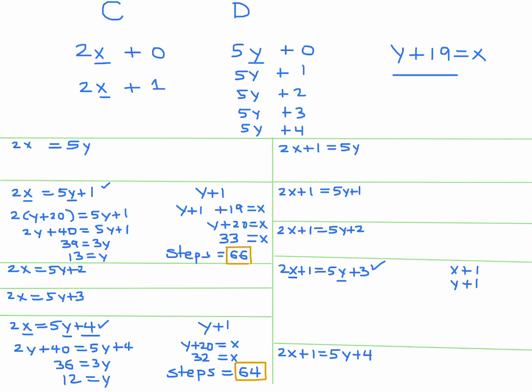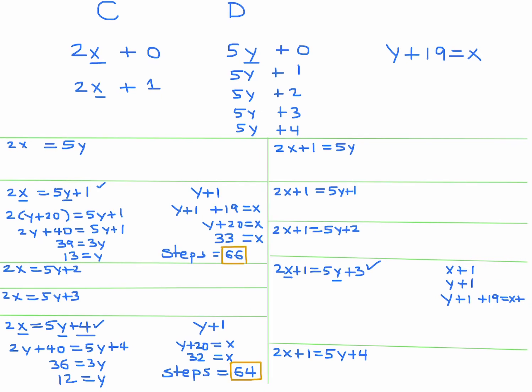So that formula up here actually becomes y plus 1 plus 19 is equal to x plus 1. But what's interesting is that when you do the math there, it just goes back to the same formula, which is y plus 19 is equal to x, because both sides had a 1. So substitute that in here, and we get 2y plus 38 plus 1 is equal to 5y plus 3, like that. So this gives me 39 minus 3,